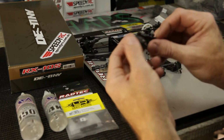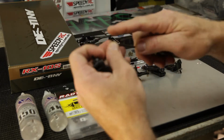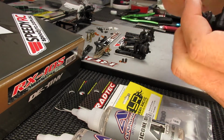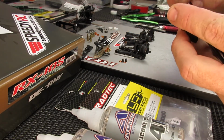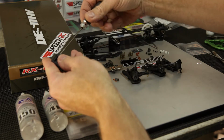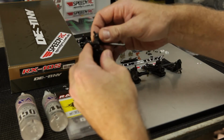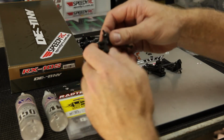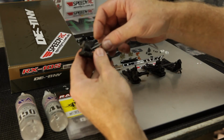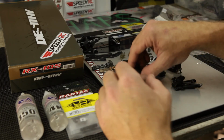Just push it down on the bench if it needs a little bit of extra force, and then we're just using one of these little grub screws with the coarse thread. It has a 1.5mm driver. So just tighten that up. These do not need to be super duper tight, okay? So just nip it up. It's not going to go anywhere. There's no load trying to push the pin out or anything like that. And then we should have a nice freely moving hub assembly. So go ahead and do the same thing to the